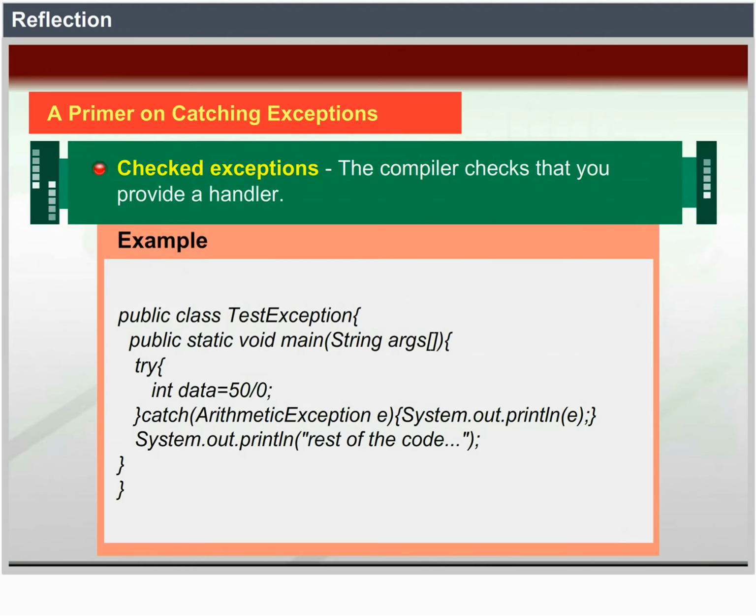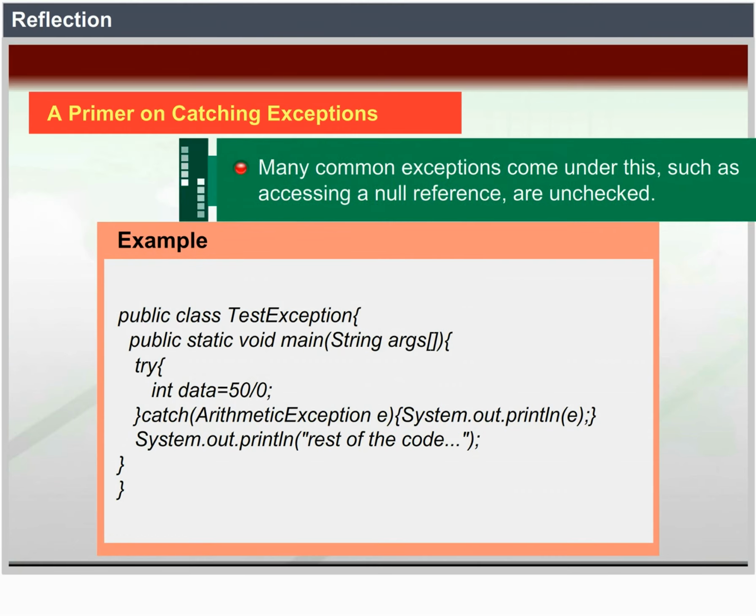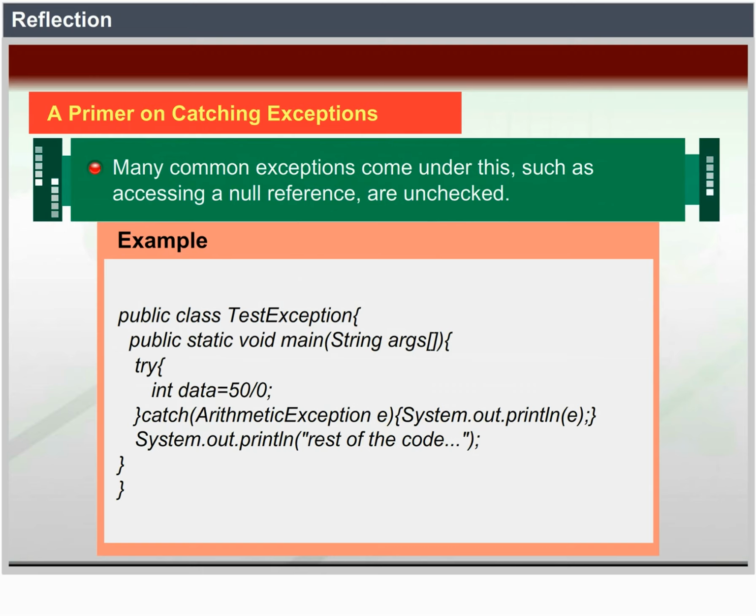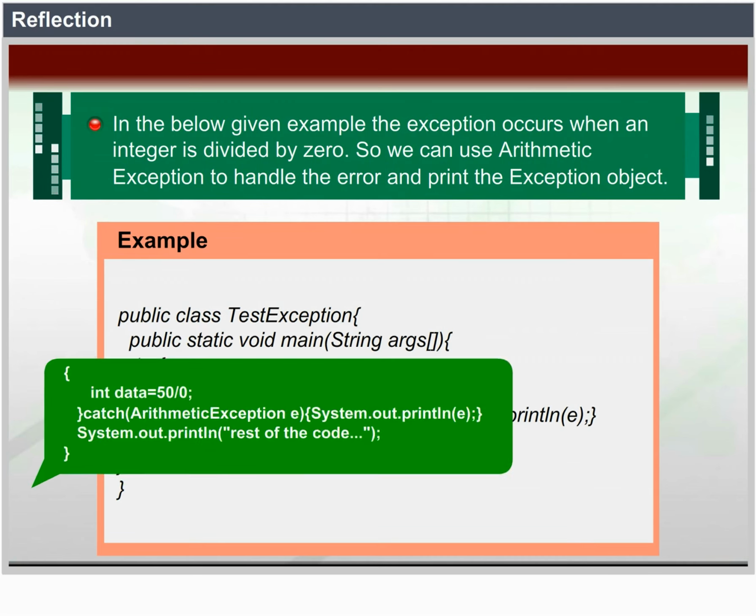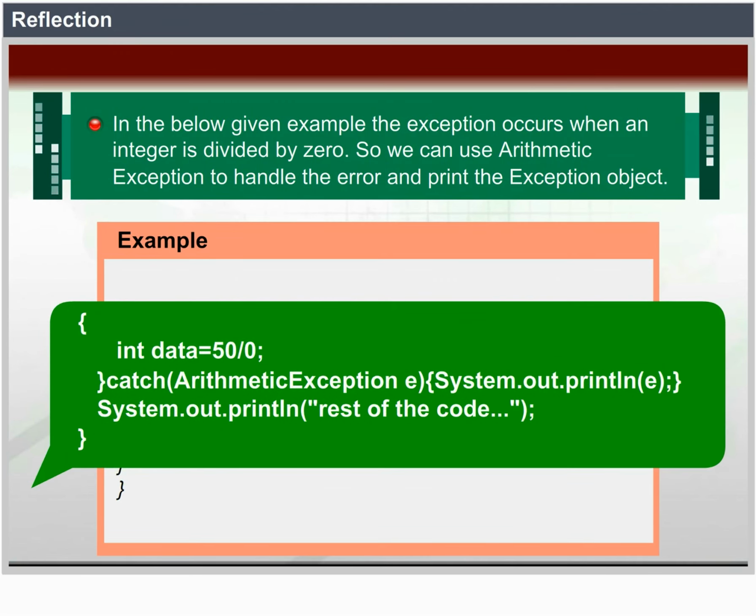Checked exceptions: the compiler checks that you provide a handler. Many common exceptions come under unchecked, such as accessing a null reference. In the below given example, the exception occurs when an integer is divided by 0. So we can use ArithmeticException to handle the error and print the exception object. Example: